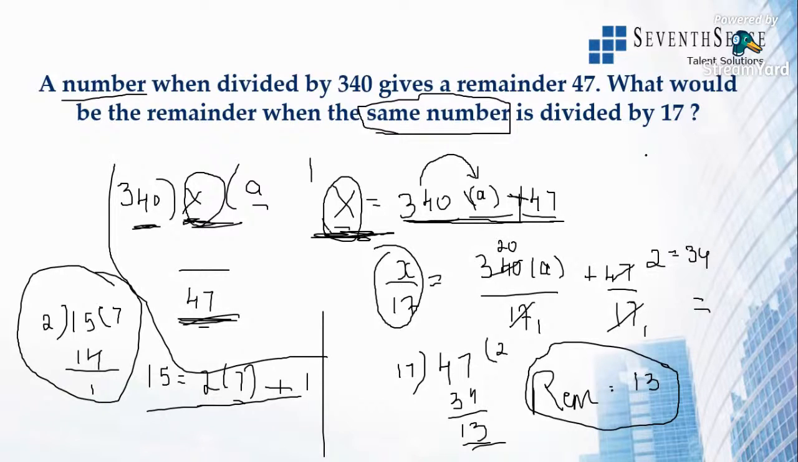So if you divide this, you will get (340a plus 47) whole divided by 17. I've just separated it here. So 340 is a multiple of 17, so there won't be any remainder in the first part. But the second part, if you divide 47 by 17,